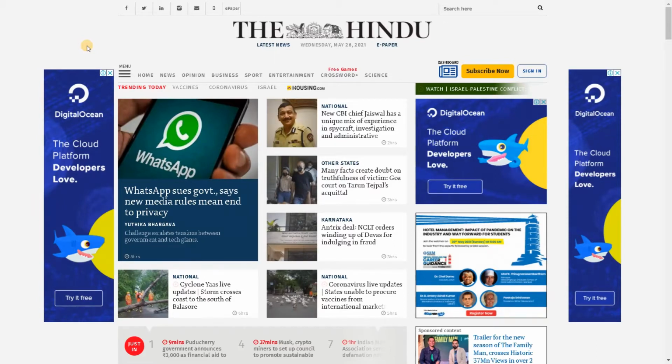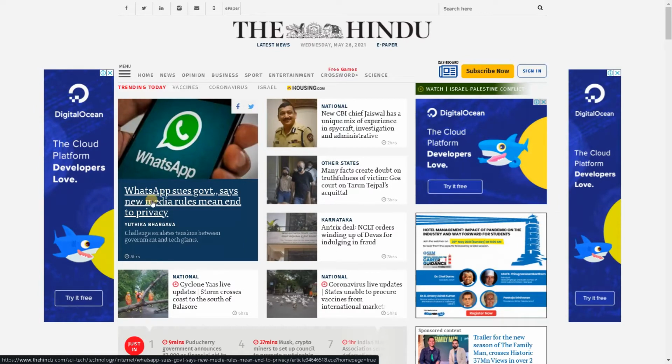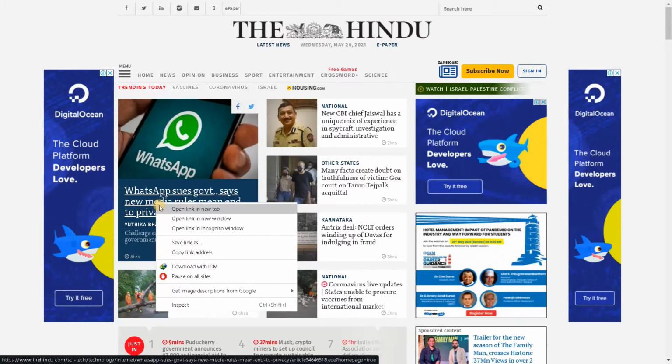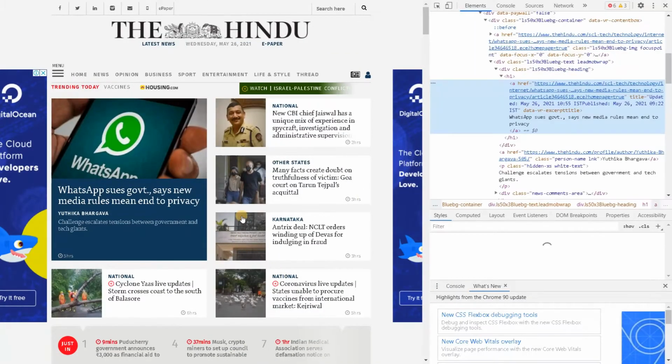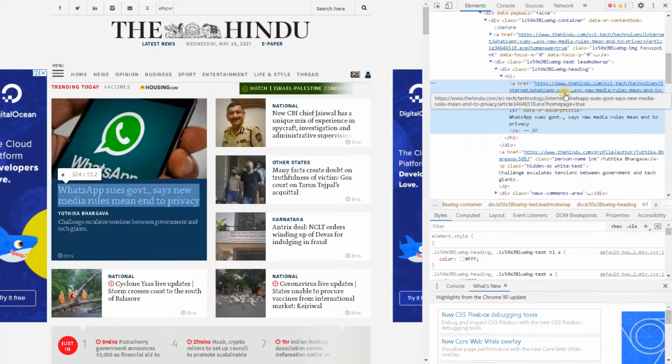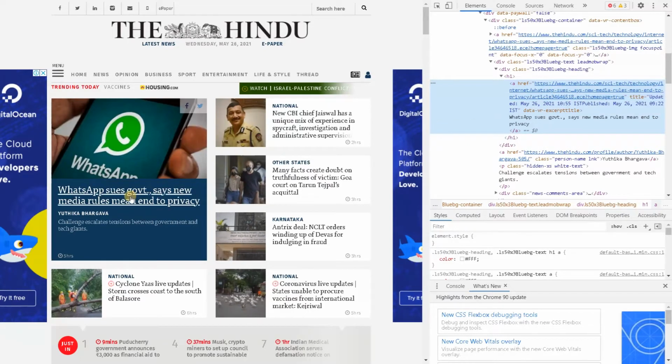Let's see what element locators we have. If you want to identify one element, let's say I want to get this text, this title. So I need to get this element. For that, right click and go for inspect element. As you can see, it's showing the link for that title and it also contains the text.